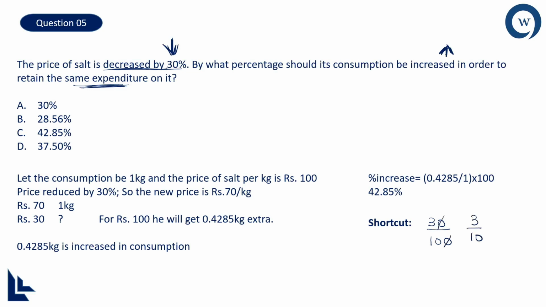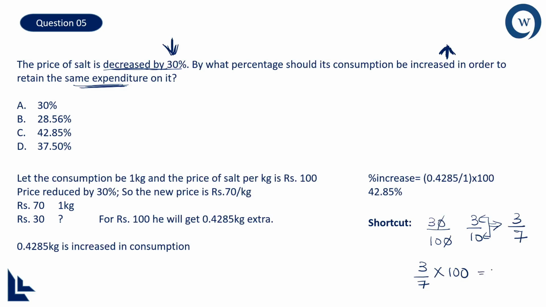Now this value has to increase, because the question they're asking is how much increase should be happening in the consumption. You can solve that problem with the help of this percentage itself. So 3 by 10, this has to increase. Now in order to increase the value of a fraction, I definitely have to reduce the denominator. I'll have to reduce the denominator by taking the consideration of both numerator and denominator. And what's the difference? The difference is 7. Now 3 by 7 is the value. Now 3 by 7 is given in terms of a fraction, right? You have to convert that into a percentage.